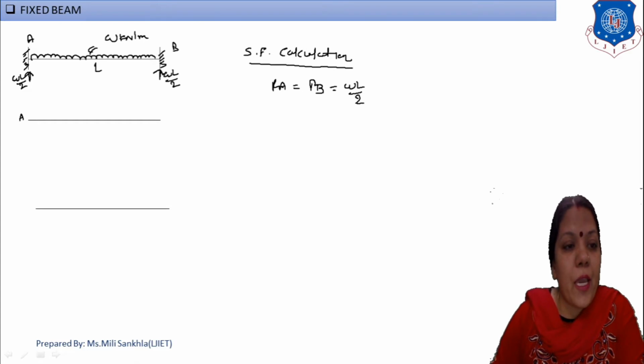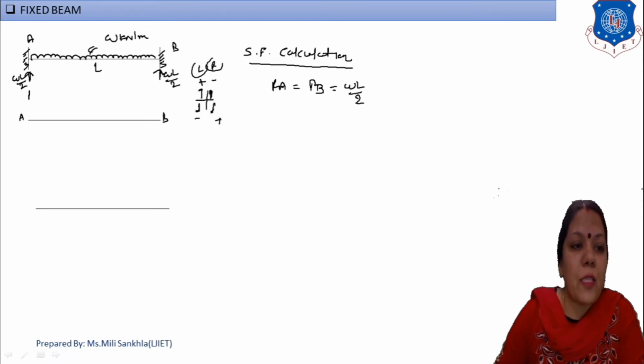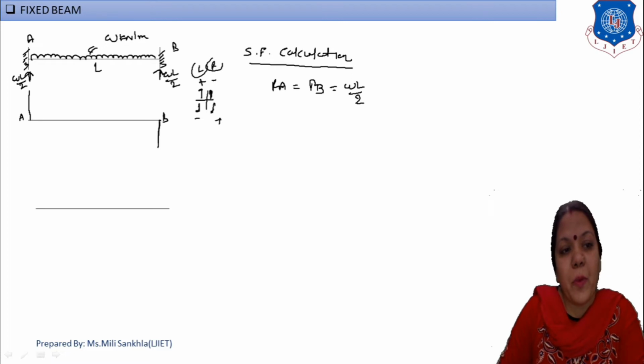Make a point A here and make a point B here. Now, left hand side upward positive and right hand side upward negative. According to this sign convention: upward, upward, downward, downward; plus, minus, minus, plus. This is our left side, this is our right side. Simple. First of all, we draw this left side up and this right side down, because here no intermediate point is given.